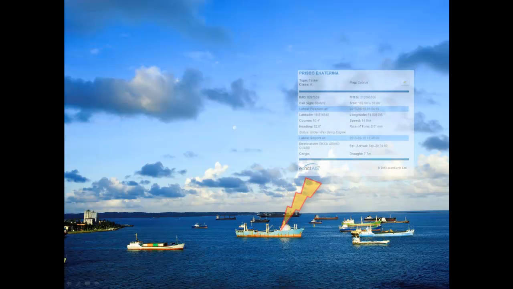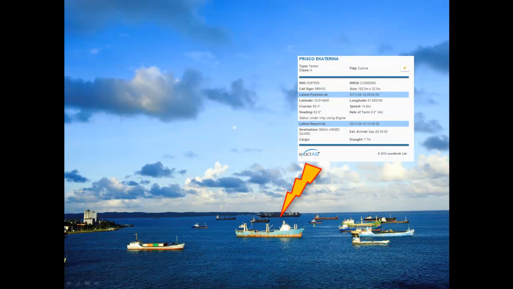We've reviewed in our earlier webinars how we can make use of the AIS technology that's currently employed on the world's major shipping to provide a picture of the global movement of ship data.